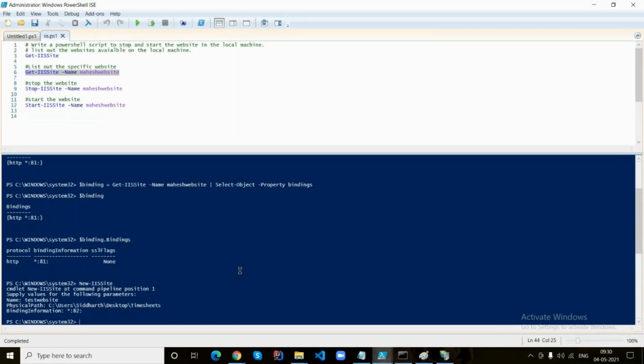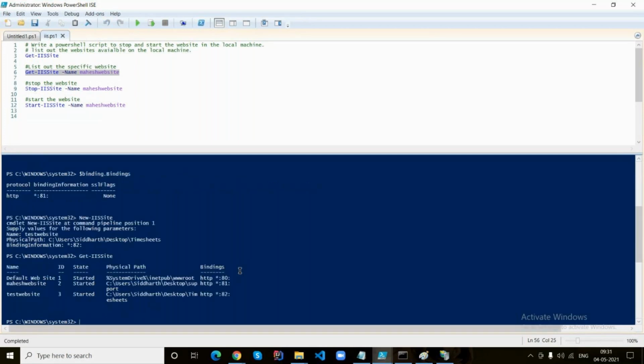Now you can display all the websites in this local machine using the respective commandlet. Okay, this is how you create a new website in the server. So let us delete the website. Can you identify which commandlet is available to delete the website, please?